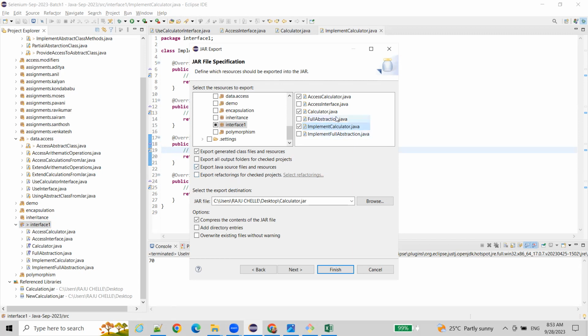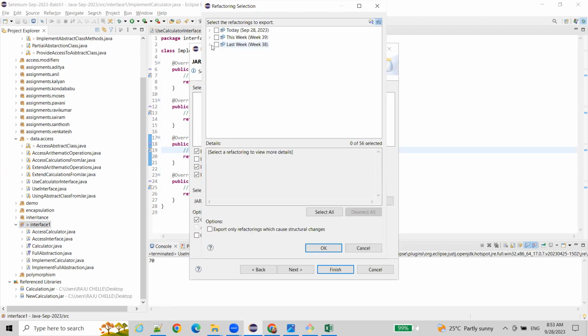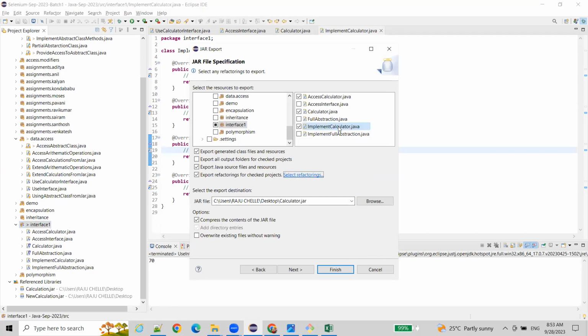Okay, let me export everything. So export generate class files and resources, that is fine. Export all out, nothing required. Export Java source files and resources. Okay, what is this? Not required. Cancel it. We should get one option to export the .class files and .java files. For that also we used to get some separate option. It is not showing, but as of now, I will